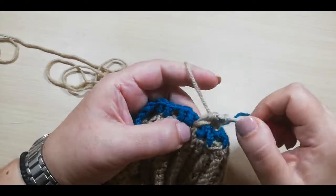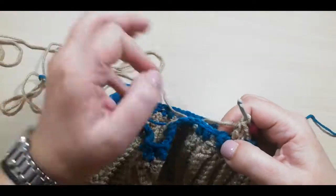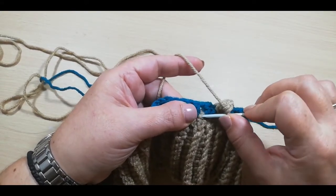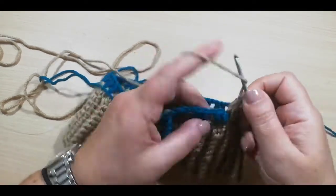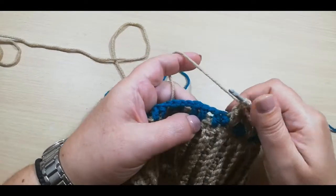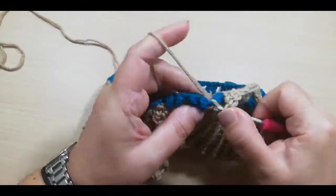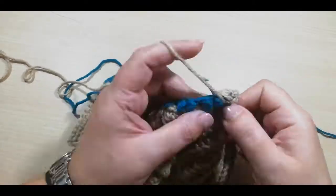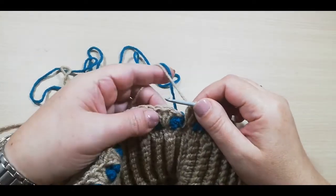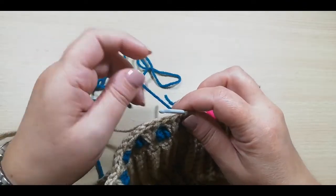One, two, and 3. 3 double crochet at the next stitch that we haven't crocheted. We have skipped it here. We will do the same here also, at the next. We are at the end of the row. We'll make a slip stitch here, change our color,